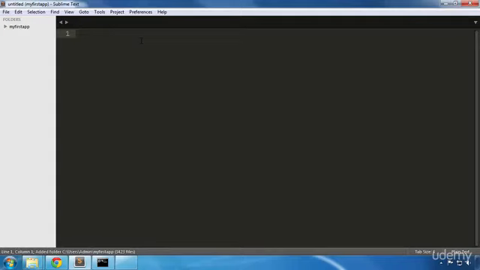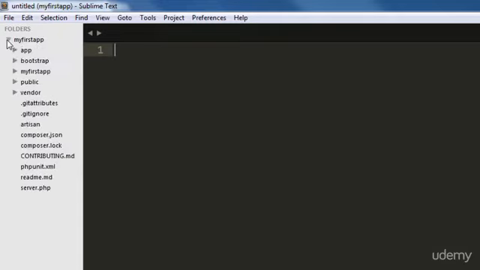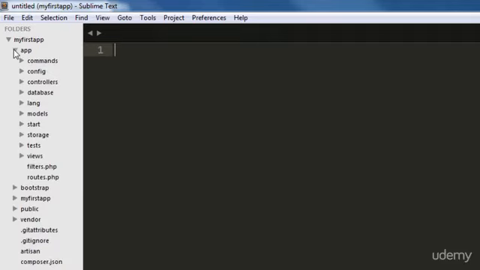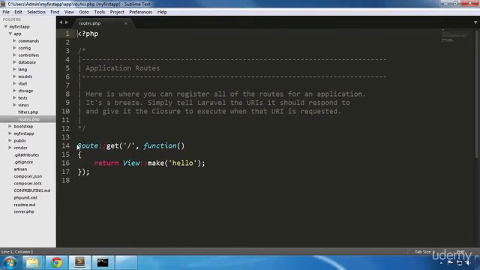In Laravel, all the routes are kept in a central location, a file called routes.php. First, let's open up my first app folder. All the files that we are going to edit are located inside the app folder, so I will open up that folder too. Here we can find the routes.php file that contains our routes. As you can see, the file has only one route at this time, the route that brought us to this